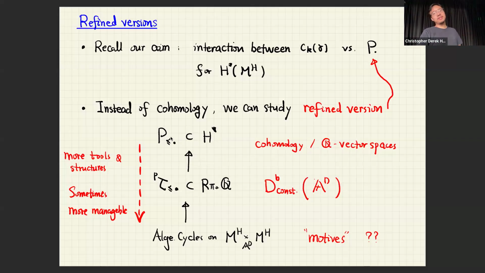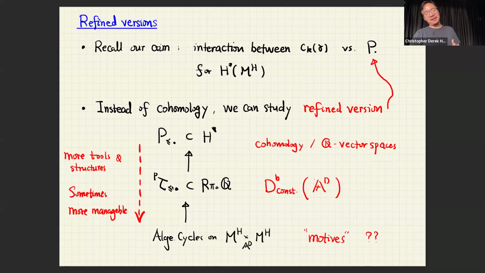But since the perverse filtration has its origin in the decomposition theorem, we can first upgrade things to the sheaf-theoretic level by considering the decomposition theorem and the perverse truncation functor. This already happens in the bounded derived category of constructible sheaves. This is a much more complicated category than Q vector spaces, but it carries more structure. For example, in the last two decades, there has been a lot of progress in the study of the decomposition theorem associated with the Hitchin fibration. For example, I think in Maulik's talk earlier, some aspects of this were discussed. Actually, we keep going down.